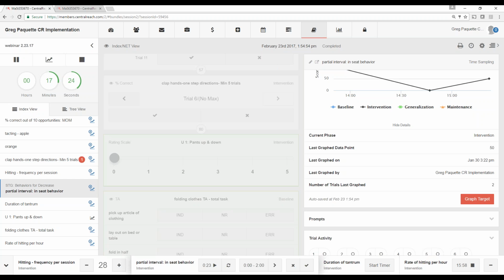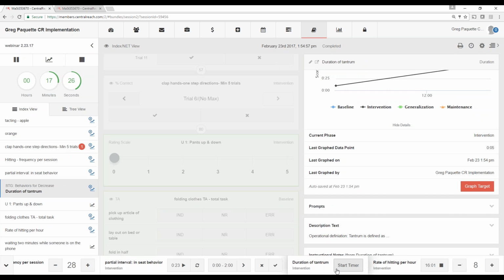Duration, graph the instances. The good thing about tantrum is on the main graph, and this is out of the scope of this presentation, but if you have 4 tantrums that day, let's make it easy, 5 minutes, 5 minutes, 5 minutes, 5 minutes, total of 20. You're going to see on the graph each instance and the length, so you're going to see 4 data points and the length. You're going to be able to scroll under the graph and click the total daily. The total daily will be 20. So you're getting both things, individual instances, the lengths, the total